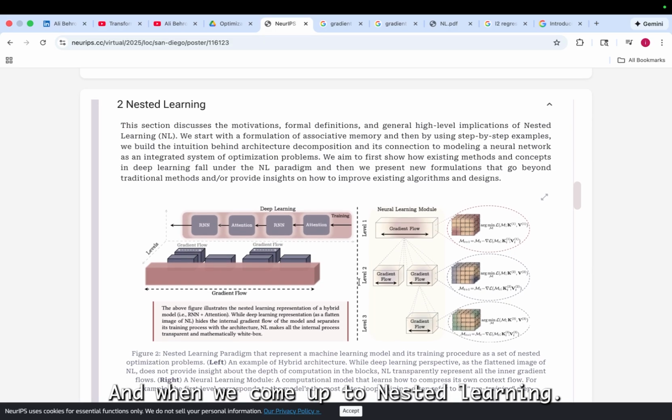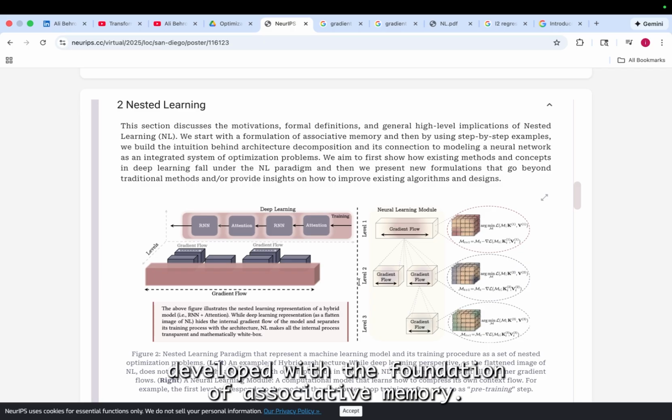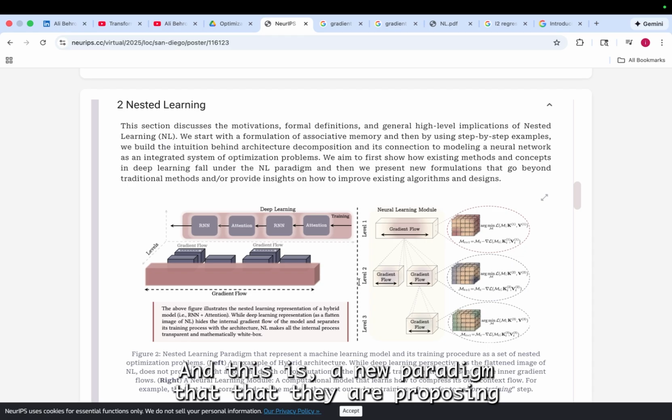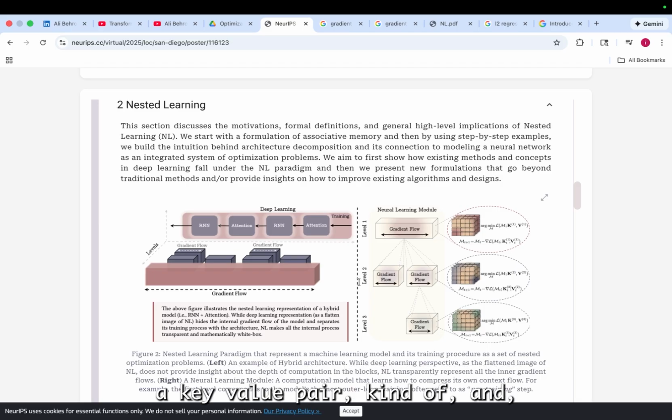And when we come up to nested learning, nested learning was developed with the foundation of associative memory, and this is a new paradigm that they are proposing, that the entire learning process happens as a key value pair kind of an objective, where they basically say that, let's say